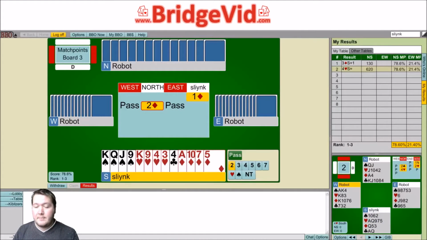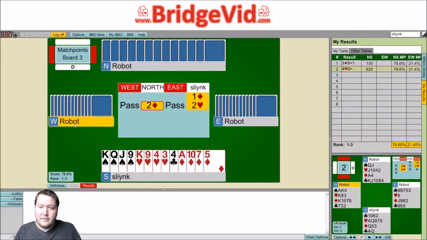All right, back to this problem. 10, 13. So 1 diamond, pass, 2 diamonds. All right, so my choices are 2 hearts, showing a stopper in hearts because I don't have one in clubs, or otherwise I could just bid 2 no trumps. I think I should bid 2 hearts if my partner...